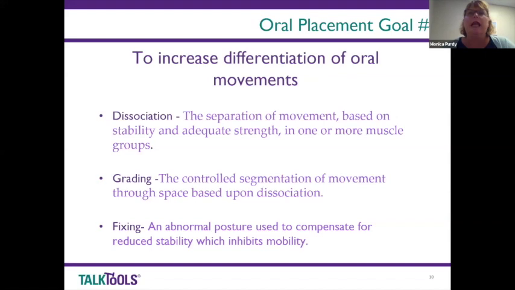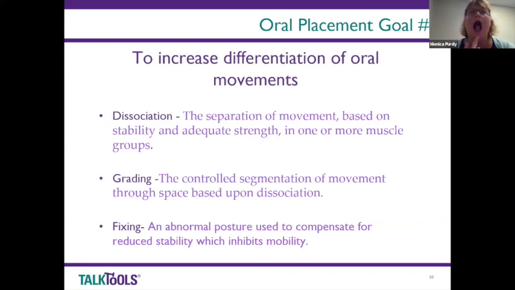So dissociation is the ability to move one part of the body independently from another part. We see this when we look at the muscles of the mouth. Is that client able to move their lips independently from their jaw? So are they able to go ooh, ee, ooh, ee? Are they able to elevate their tongue tip or depress their tongue tip